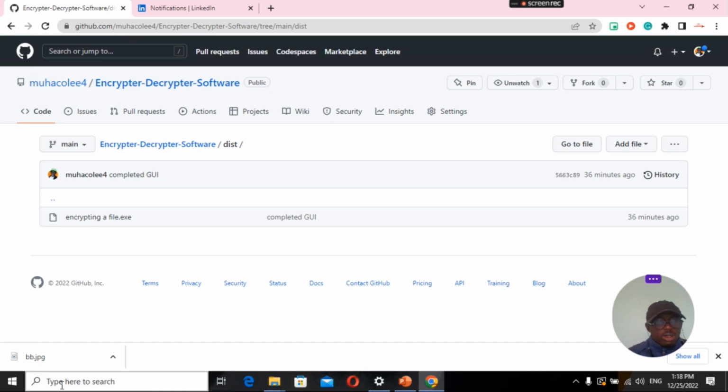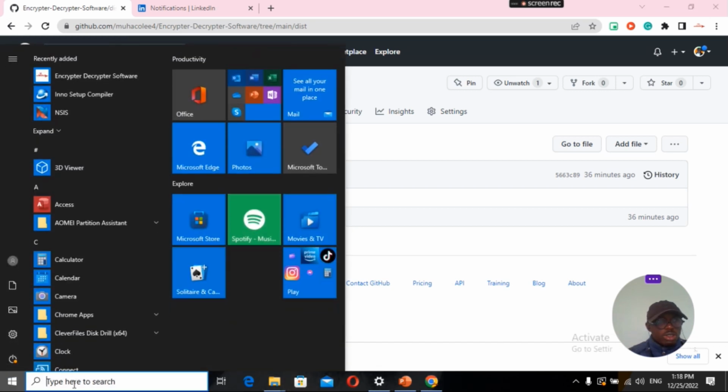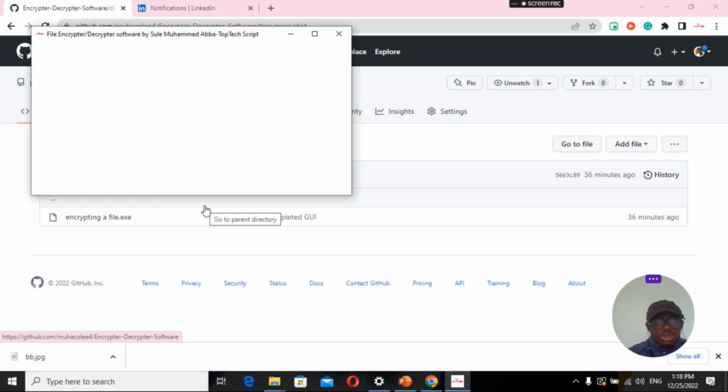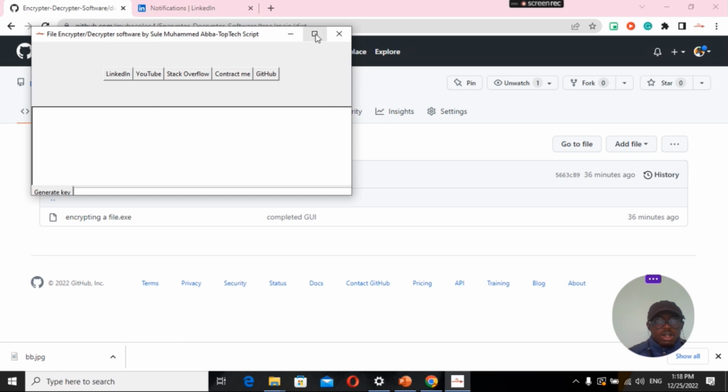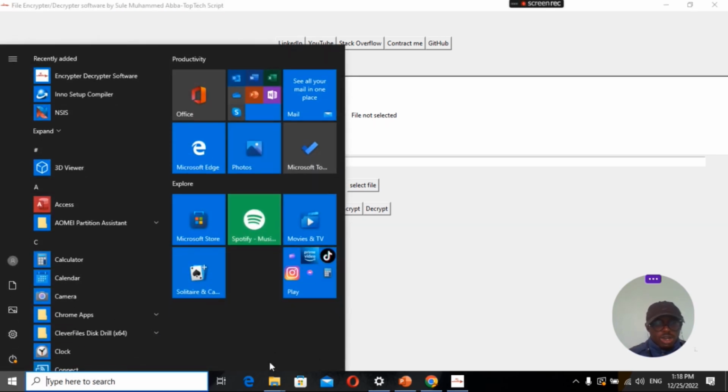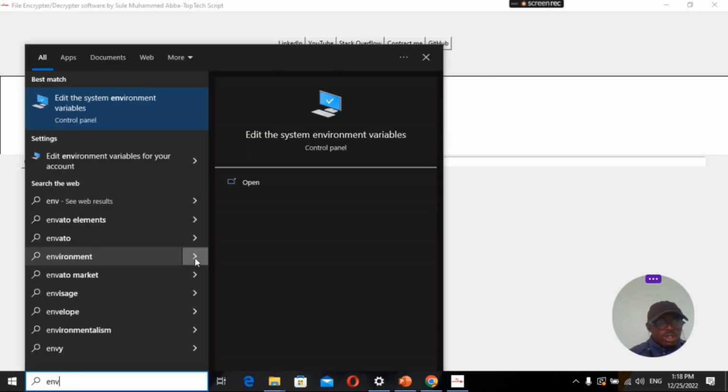I have the program installed on my system already, so I will click on the program. If you are using the program for the very first time, you need to generate a key. The key is what you use to encrypt and decrypt the file. So you click on generate key, Ctrl A, Ctrl C to highlight and copy. Then head down to your environment variable, type env,